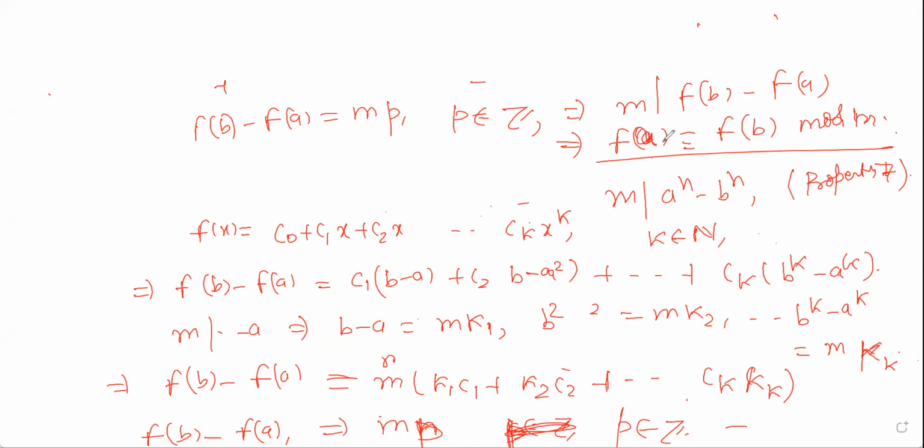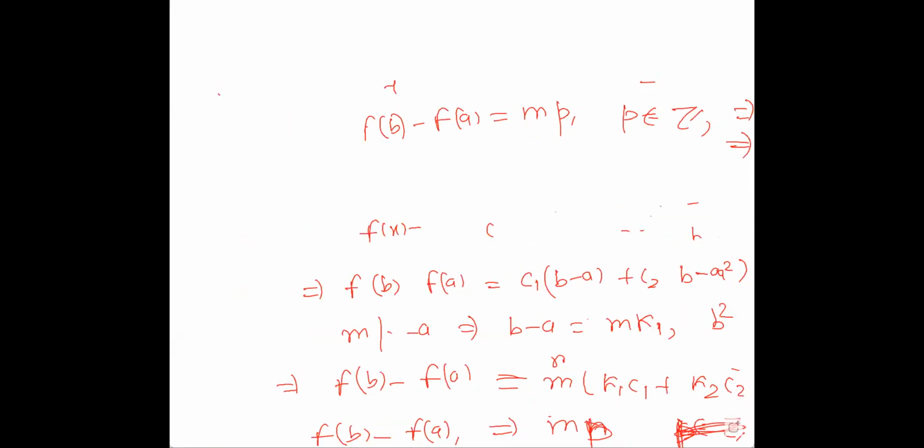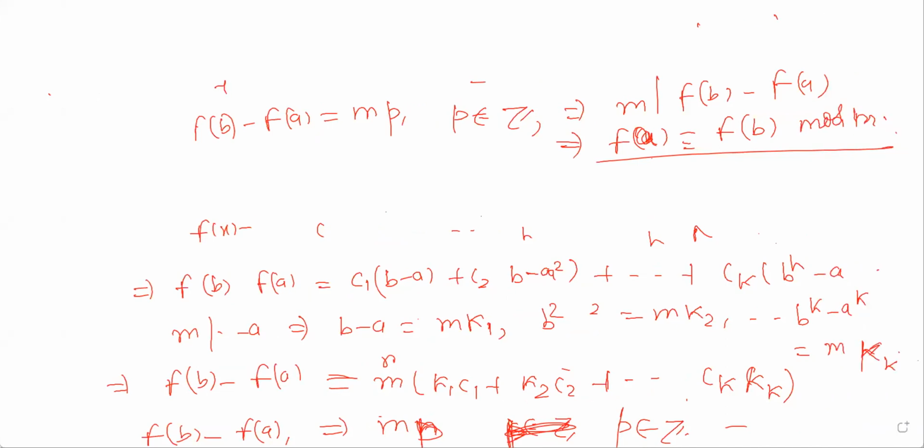This is an important property, and we have taken it as the last property, and we have proved that if a is congruent to b modulo m and f(x) be a polynomial with integer coefficients, then f(a) is congruent to f(b) modulo m. Thus, we have proved all the properties, and we are going to stop here,